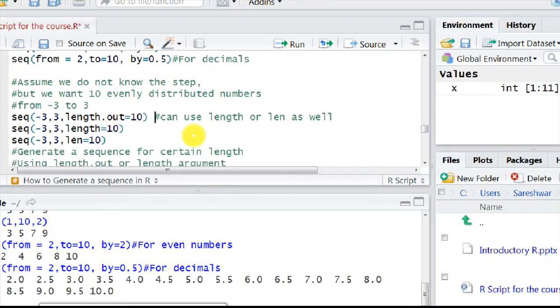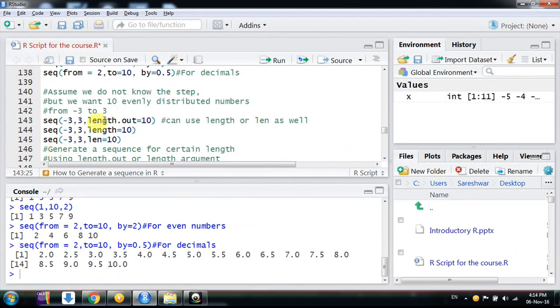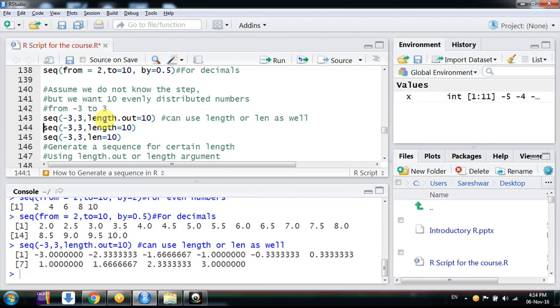Here I say I want to start from -3 and reach 3, and I want 10 values that are evenly spaced. So I can use the length.out argument. It will give me 10 values from -3 to +3, equally spaced, this way. -3, -2.33, they are equally spaced 10 values.